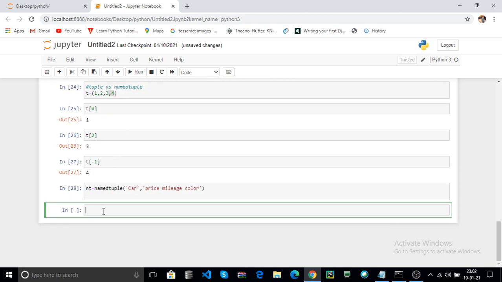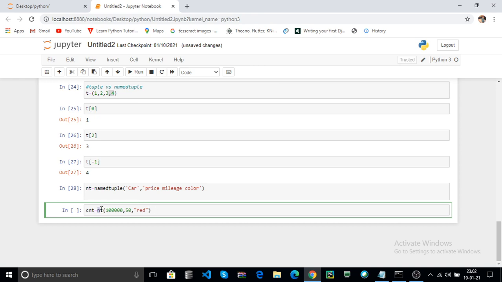Now using the nt, that is the namedtuple, you can pass any values. For example, the car price is, for example, and the car mileage is 50, the car color is red, and store the car object into one variable, cnt equal to.